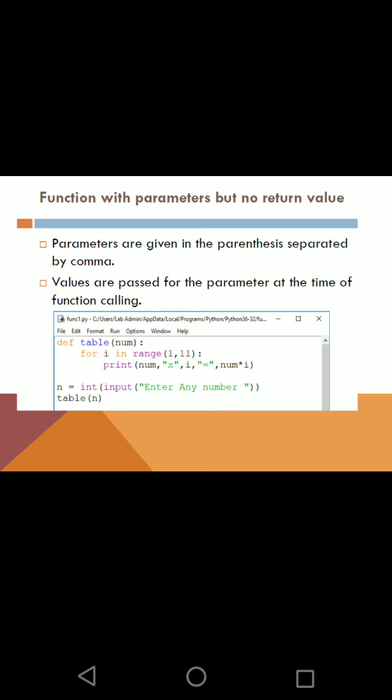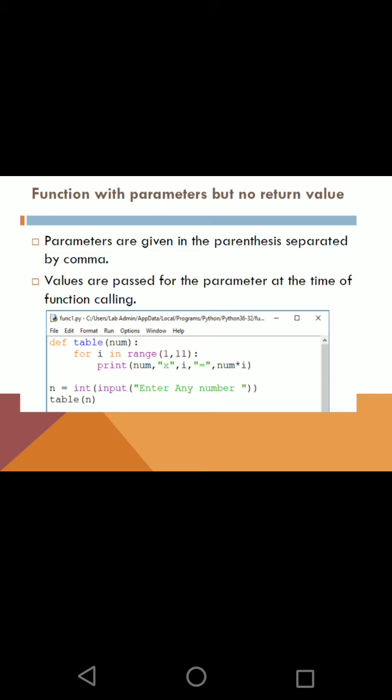The values are passed for the parameter at the time of function call, and it is copied to the variable num, and that num is used for the operation of that function. You can see it takes the value but nothing is returned from that function. Only the arguments are taken for doing some action inside the function.